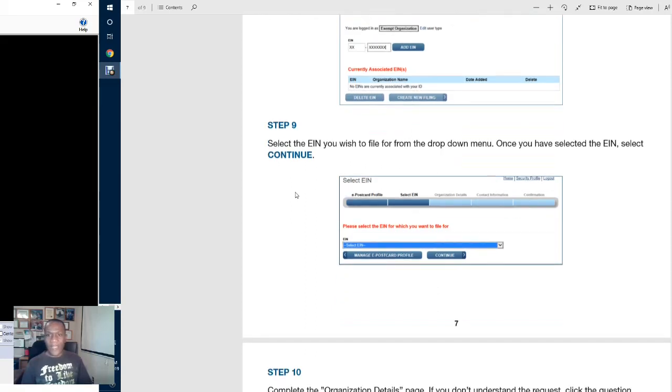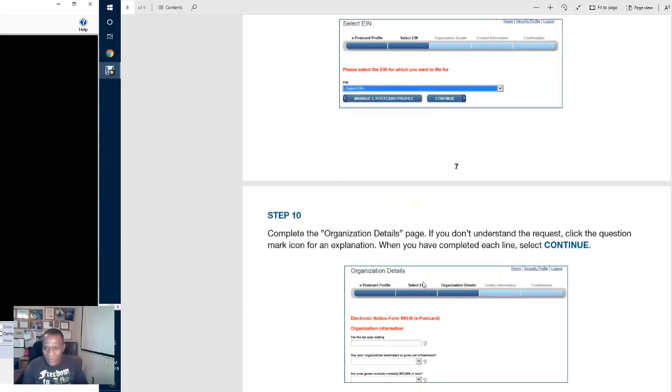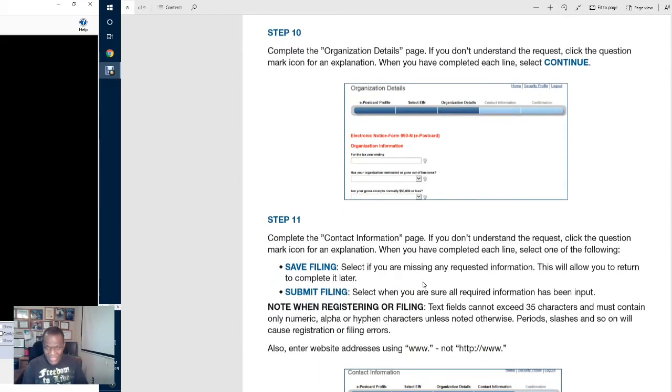Okay, and then you will either delete EIN or create a new filing. If you are creating a new file, you'll create a new filing. Step 9, select the EIN you wish to file for from the drop down menu. Once you have selected the EIN, select continue. So you select the EIN that you are filing for, and then you click continue, and then that will take us to step 10. And step 10 gives us the option to